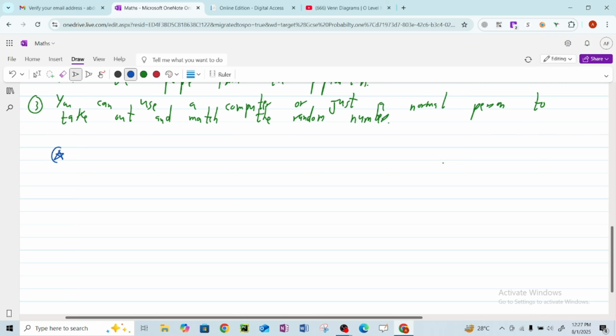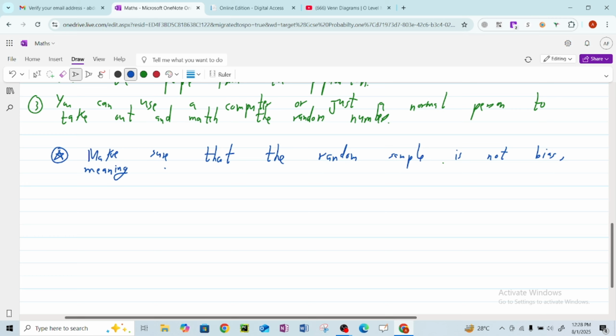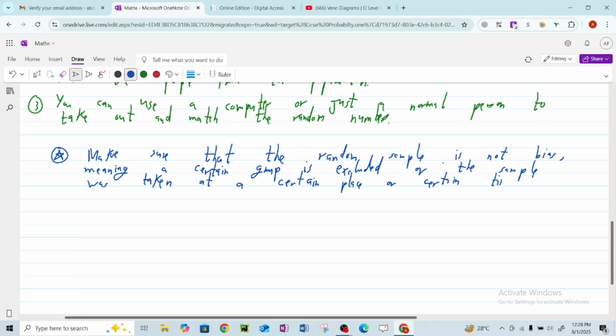Now, one thing to make sure here is that the random sample is not biased. Okay, meaning a certain group is excluded, or the sample was taken at a certain place or certain time. Okay, these are all things that will make a random sample not random, because if you exclude people